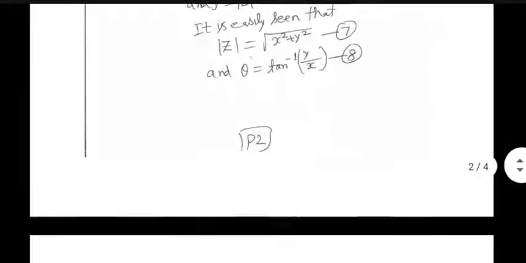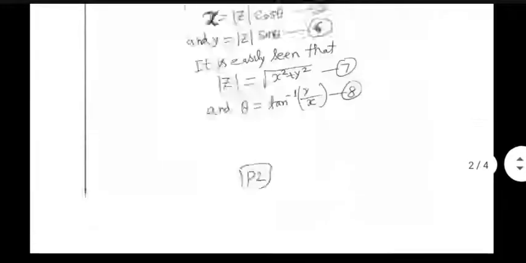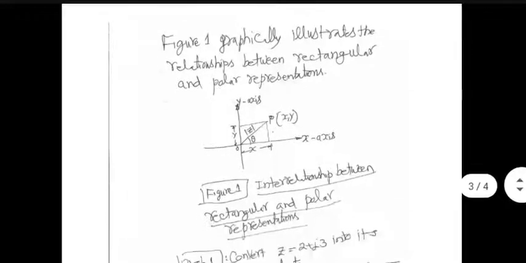Okay. In fact, calculators nowadays allow conversion without using these formulas, but I'm not very comfortable with that. I do it using these formulas. And in this course, you will be doing conversion of complex numbers from polar to rectangular and rectangular to polar a lot. That's why I needed to put these equations once again for your reference. Okay, well-known things for complex numbers. I don't think I want to waste too much of your time.